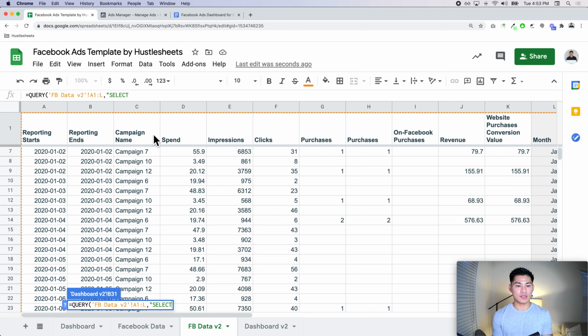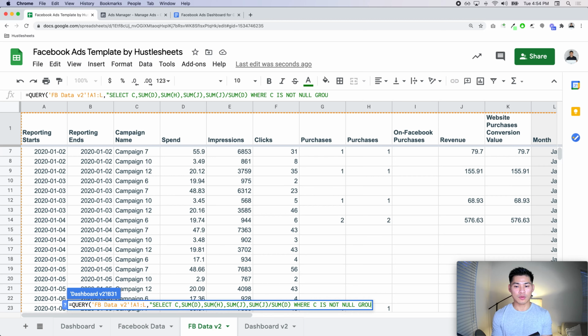So let's do it by C. And then sum, we just want the spend. Let's say we want purchases, sum revenue, and let's say we want the ROAS, which would be sum J divided by sum D, which is spend. Put where C is not null, group by C, just like that,